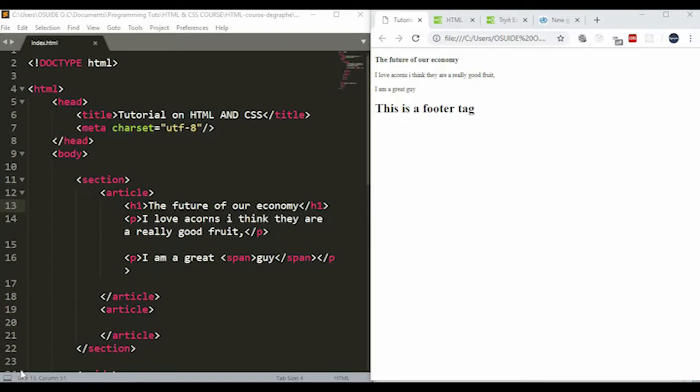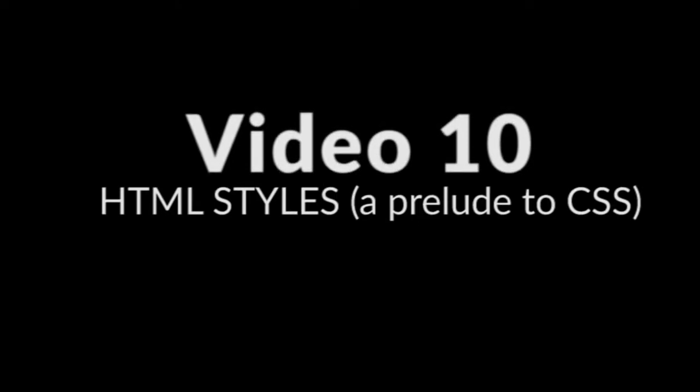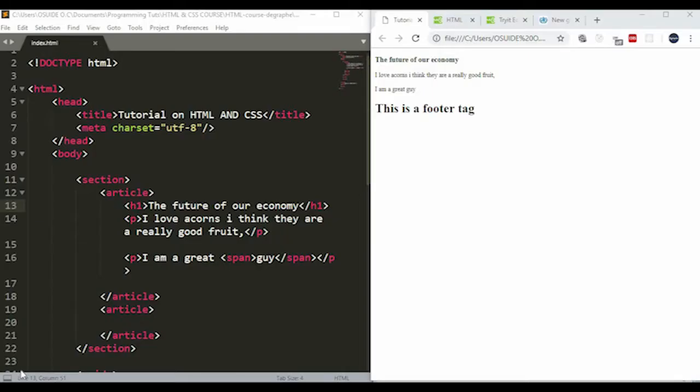And in this video we're going to talk about HTML inline styles. It's sort of CSS, but it's not really the preferred style for CSS. But I'm just using this as a prelude to my actual CSS section of this course, just so you can have a brief introduction. And basically, HTML styles, or they call them inline CSS, is basically applying CSS or styling to different tags in our